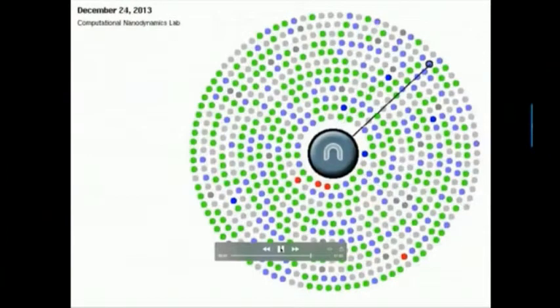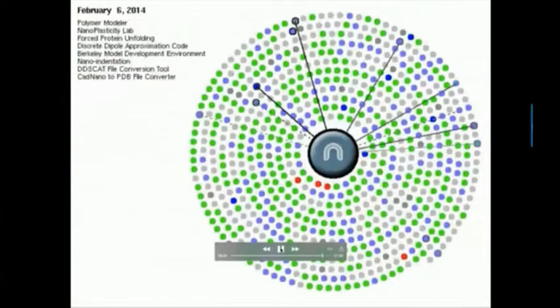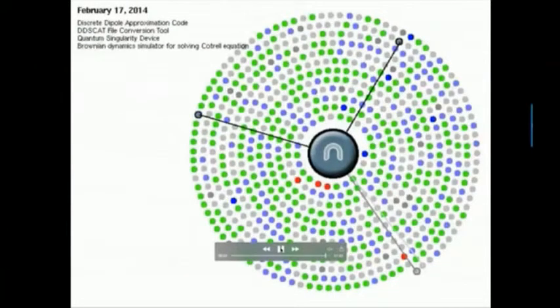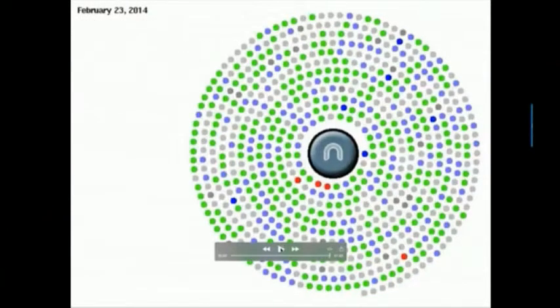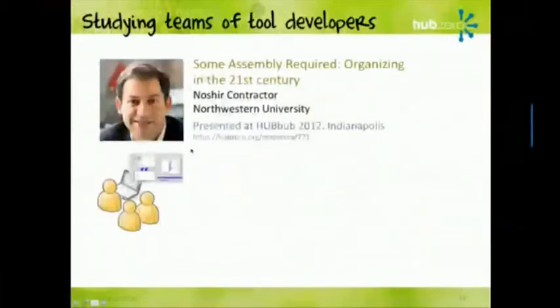Now, the really interesting thing is inside each one of these dots, each one is a little project with like 3 or 5 developers, and there's dynamics that are happening inside there in terms of how the developers interact. So that gives you the big picture, but the next thing, we drilled down a little bit. I say we, it was actually Nosh Contractor who got the idea. He wanted to see how people were interacting on nanoHUB. So Nosh Contractor is a professor at Northwestern University. He got the data set from nanoHUB and started studying the team dynamics in each one of those little dots.